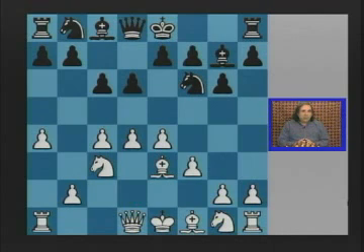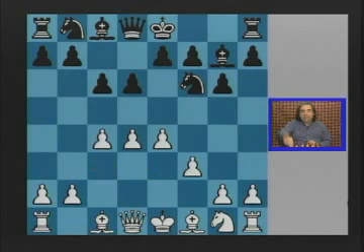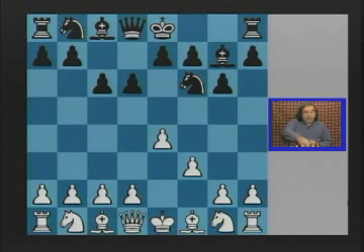Well, there are not too many sample games on it because this is a relatively new way to play for black, and in my